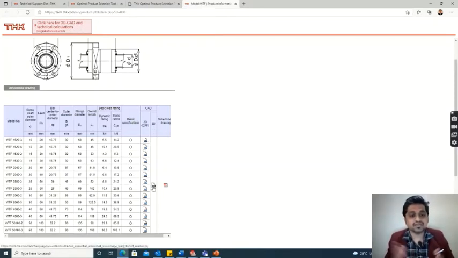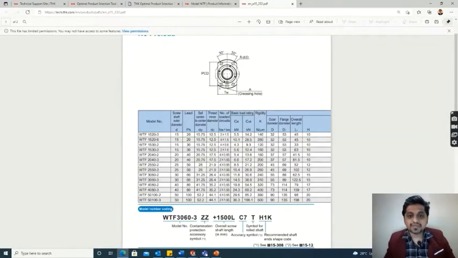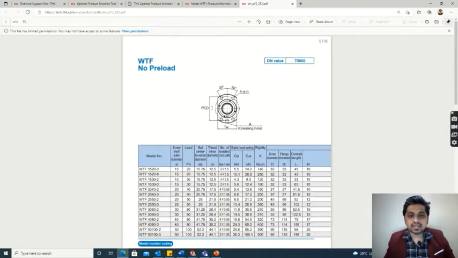Just click on it and we will get a 3D file. And for the dimensions there is a PDF. Just click on it and it will show a detailed view, a detailed PDF file. And here we can get all the mounting details of the part,